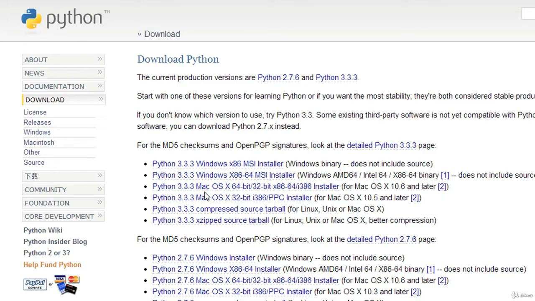If you've got a 64-bit platform, then you'll have to download the appropriate setup. You can see that we have Python 3.3 setups, and we also have the Python 2.7.6 set of files, and we do not want to download these, because obviously Python 3.3.3 is the latest version of the programming language, and this is what we'll be learning in this course. Python 3.x is very different from the Python 2.x series, and it's syntactically different, and there are some logical differences in the languages too.